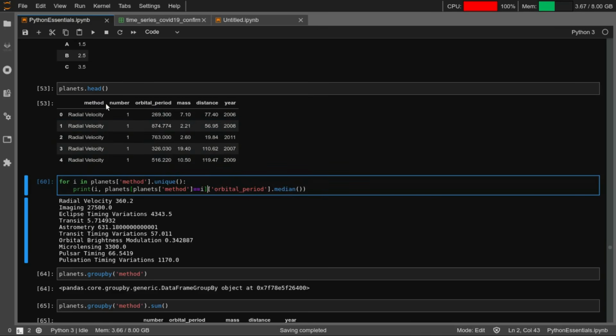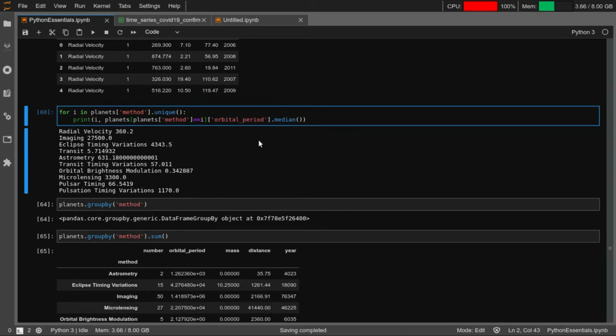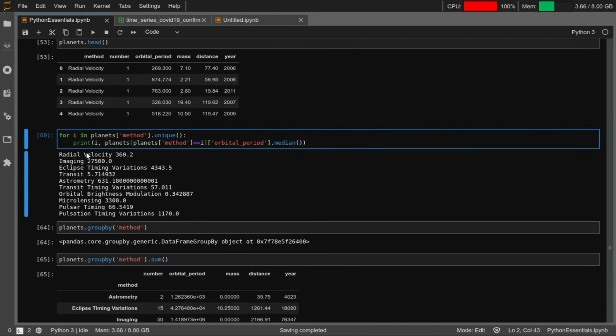Now you can do this for any column. So for each unique method name, you have calculated the median orbital period.